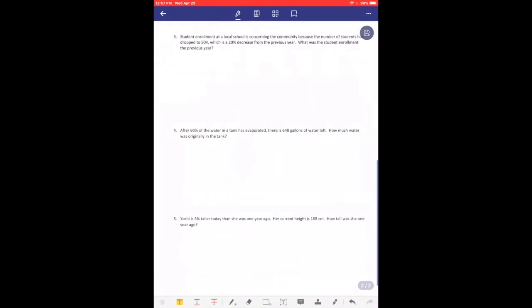Question 3. Student enrollment at a local school is concerning the community because the number of students has dropped to 504, which is a 20% decrease from the previous year. What was the student enrollment the previous year? So the important things to underline: it dropped to 504, and then there was a